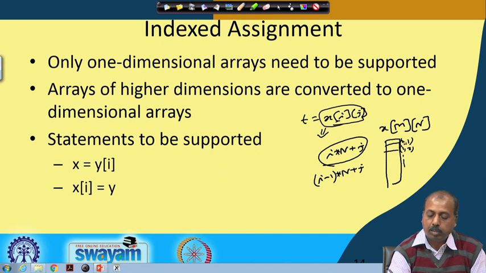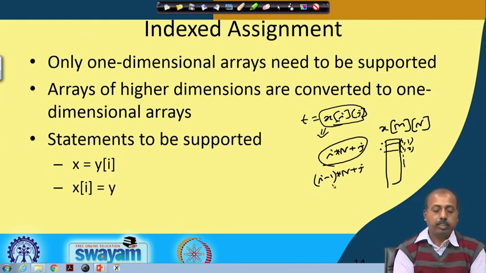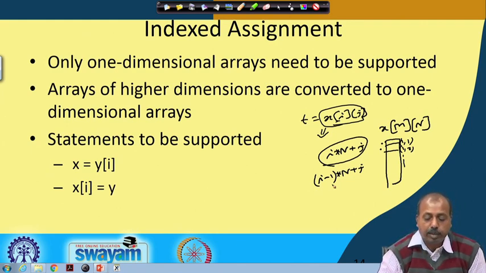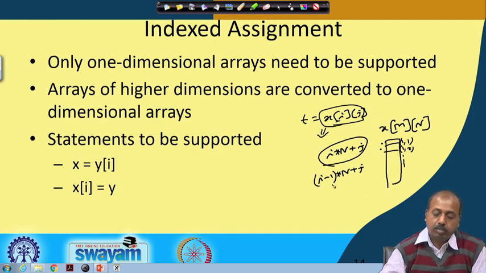For example, if it is 1 1, then this will come to the first slot. If it is 1 2, then it will come to the second slot, like that. So that way it will be doing the conversion. Any data structure book on arrays discusses this. These arrays of higher dimension can be converted to a one dimensional array, and the compiler has to embed this code into the 3 address code that is generated. Okay. So we will see that this is exactly what is done in the code generation phase.